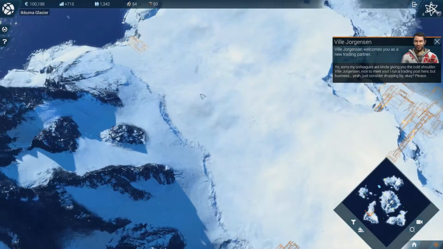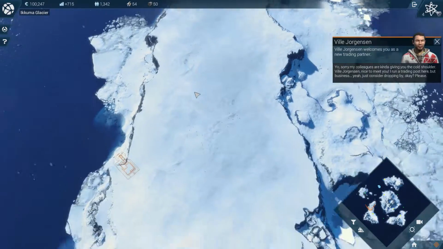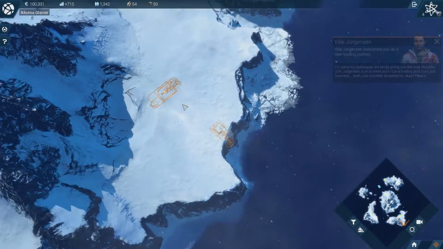battle. Good. Sorry my colleagues are kind of giving you the cold shoulder. Billy Jorgensen, nice to meet you. I run a trading post here, but Oops. business... This yeah, island just looks better. That's my consider preference right dropping now. by, okay? Then there's this island, which only...